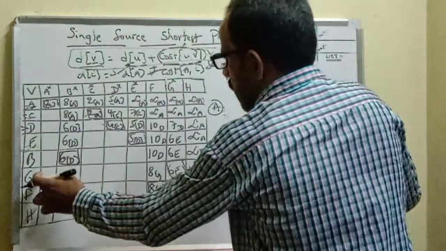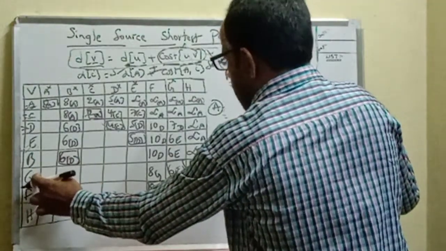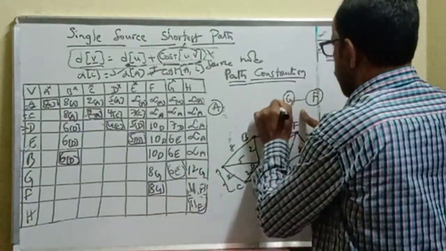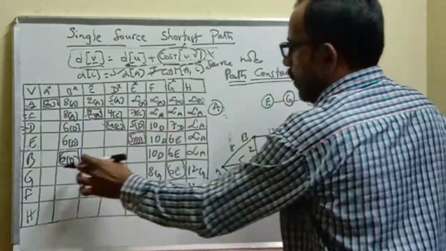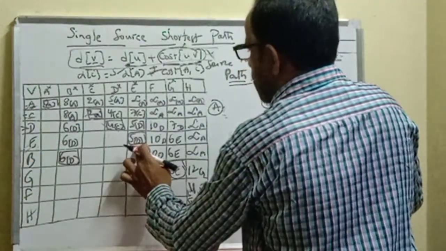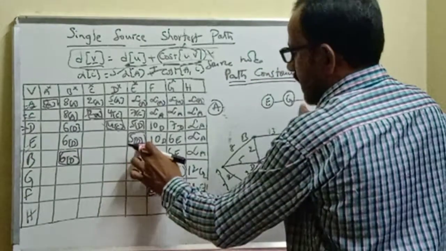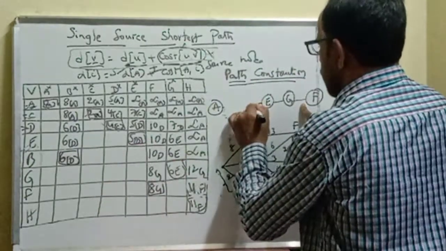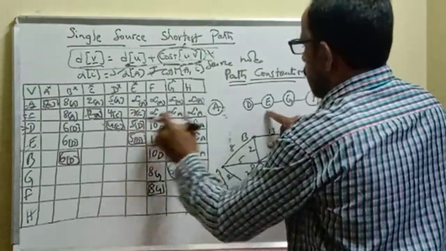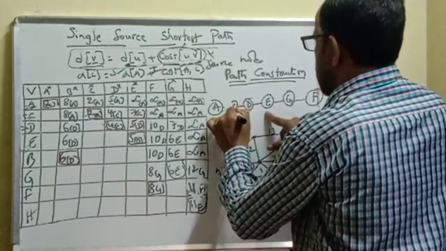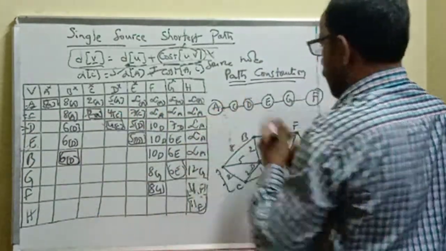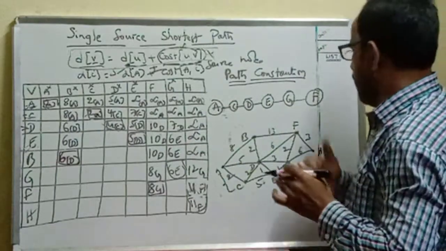Then go to node Z, the row which is representing Z. Then what is the subscripted node for 6? E. Then go to row E, the row which is represented with E, and select the smallest number. And what is the node represented here? D. Then go to the D row, and the value is 4, but the represented node is C. And go to the C row, the number represented is 2, but the node is A. Now this is the path we constructed from A to F.